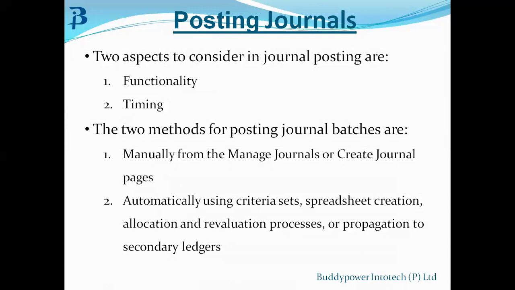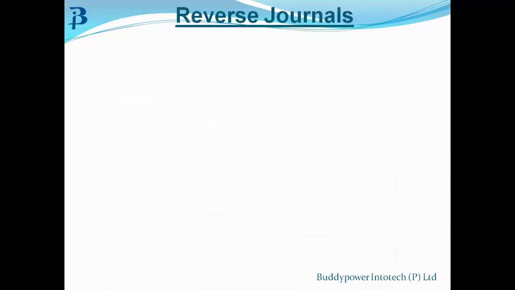So let's move to the next slide, which is reverse of journal. Here again the same concept holds true. Like in yesterday's example I was mentioning, in the encumbrance accounting, in the commitment stage you make a journal entry, and once it moves from the requisition stage to the purchase order, you have to reverse the entry to offset it. So you remember that.